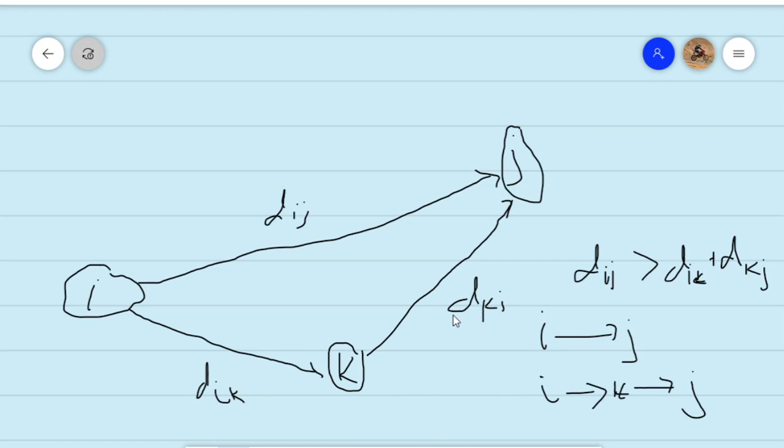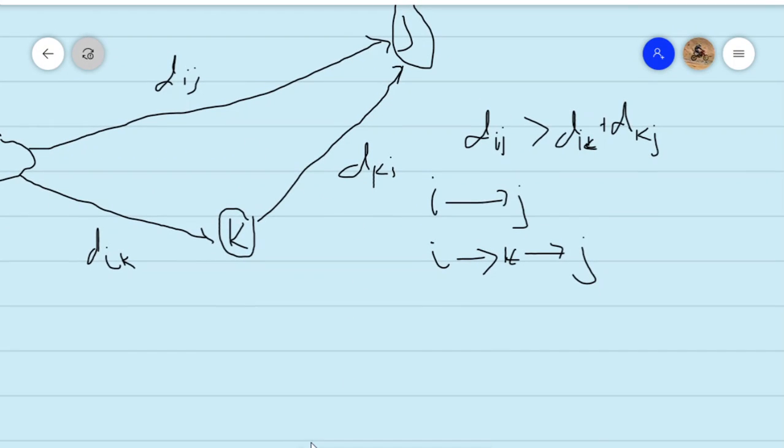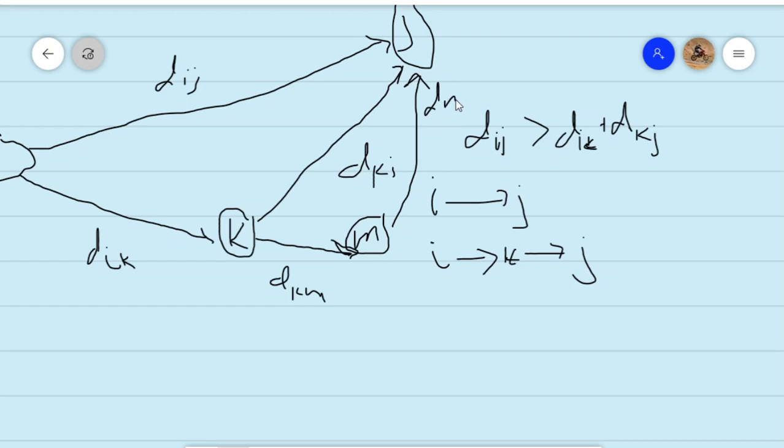Okay, but again, if there can be found another route which passes through another node, let's say M, where there is a direct arc from K to M with distance d sub km, and then a distance from M to J symbolized by d sub mj, and if it is found that the sum d sub ik